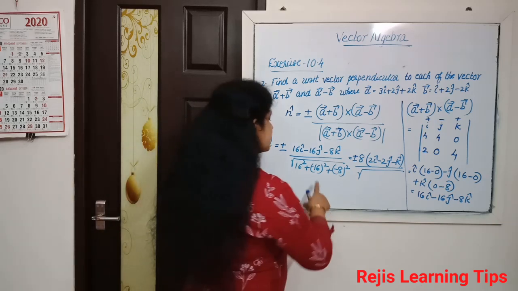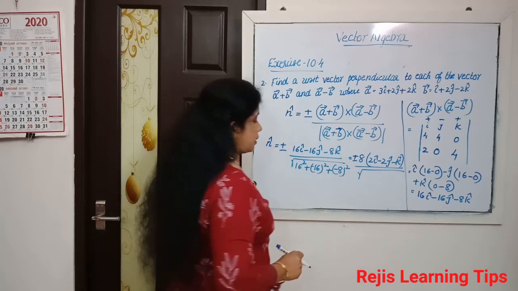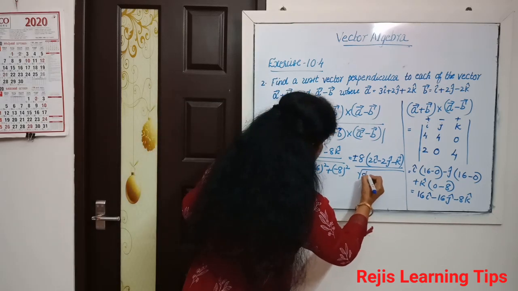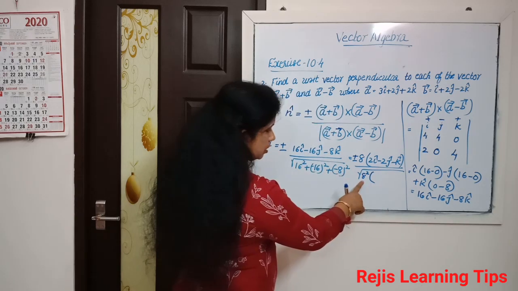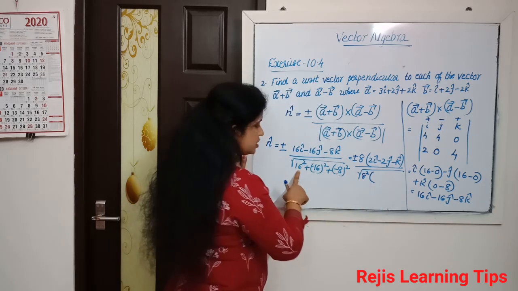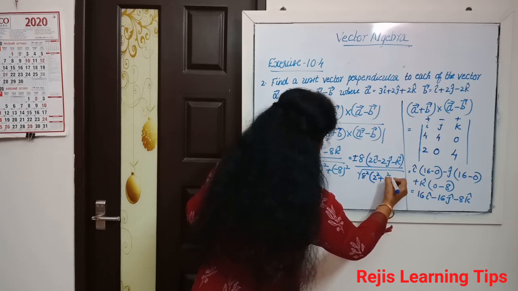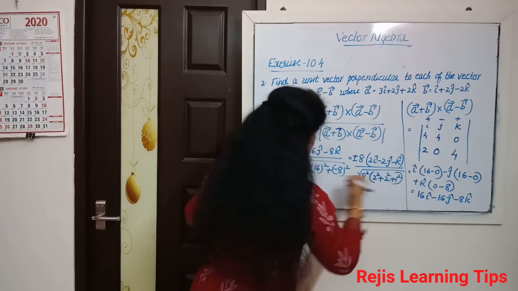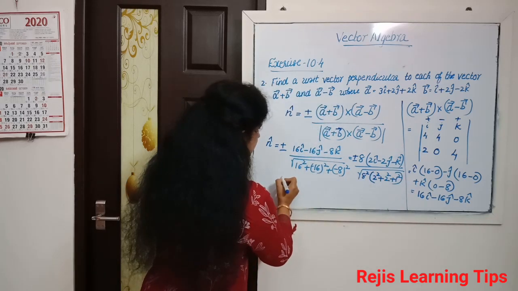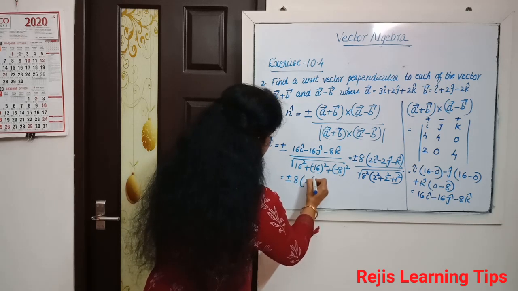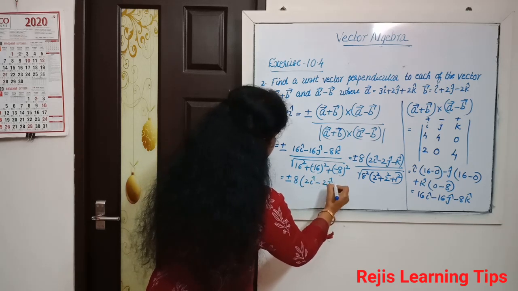On this we should take 8 square outside, then you will get here 2 square plus 2 square plus 1 square. Understood? Then we will get plus or minus 8 into 2i cap minus 2j cap